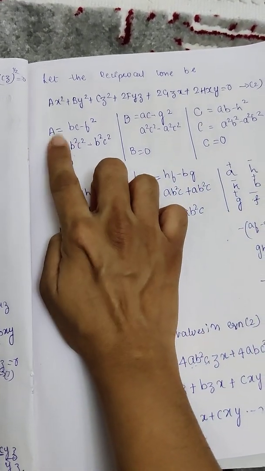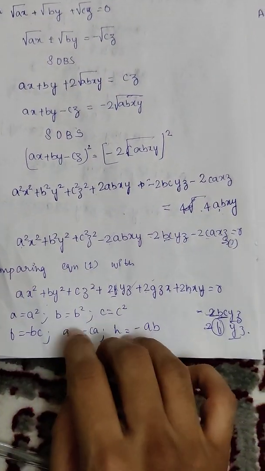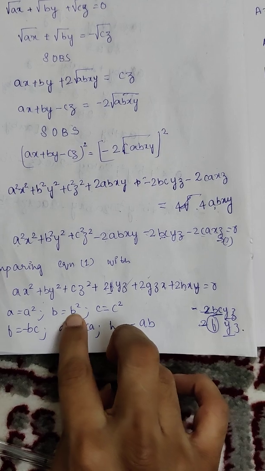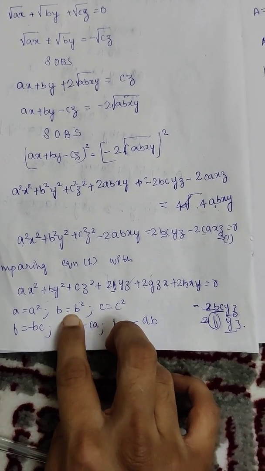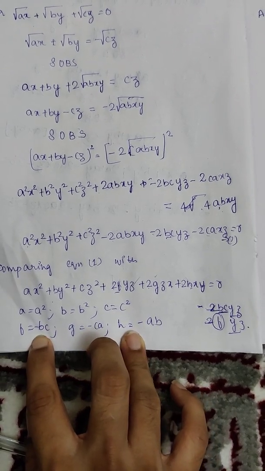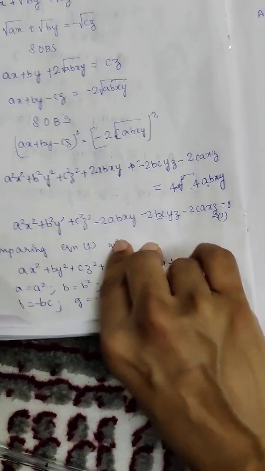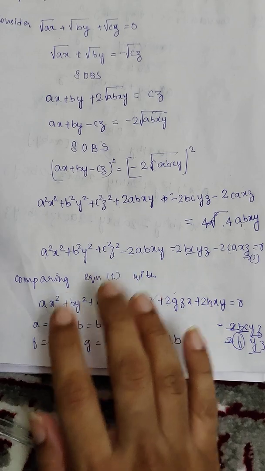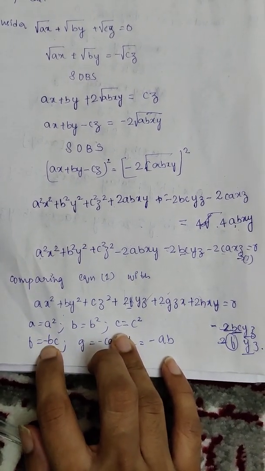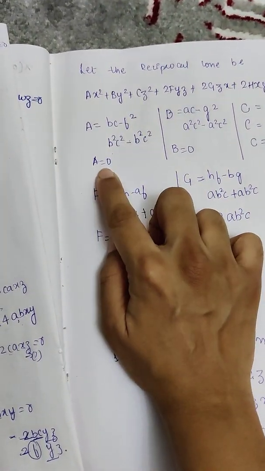So this is how you calculate capital A, capital B, capital C. Plug in the value. So your capital A is BC minus F square. It becomes b square c square minus F square. So first, b square c square minus F square. If I'm going to do the whole square, it becomes b square c square minus bc whole square, which will become positive b square c square. Plug in over here, minus b square c square. So the value of A is 0.